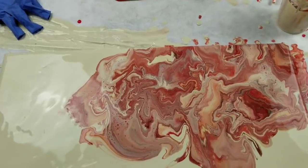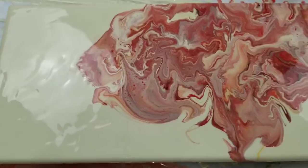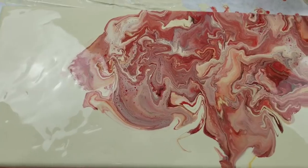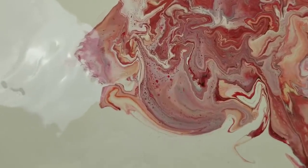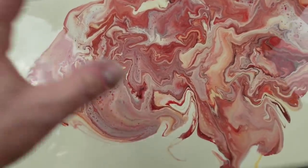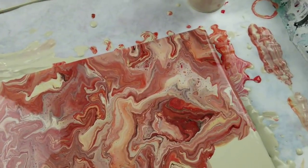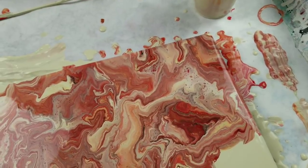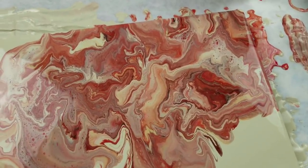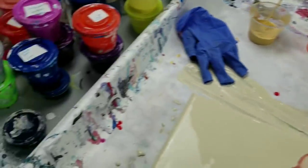Hey, I'm back. So when the camera's turned off, I decided I did not care for the red part. It just didn't seem to have any shape to it, so to speak. So I ended up scraping the red part off and keeping the part that was up there. And remember, I had very little of the base coat left. So I was smearing it with my hands, trying to get enough of it. And then I decided to make a flip cup with those colors. And then I did add the blue